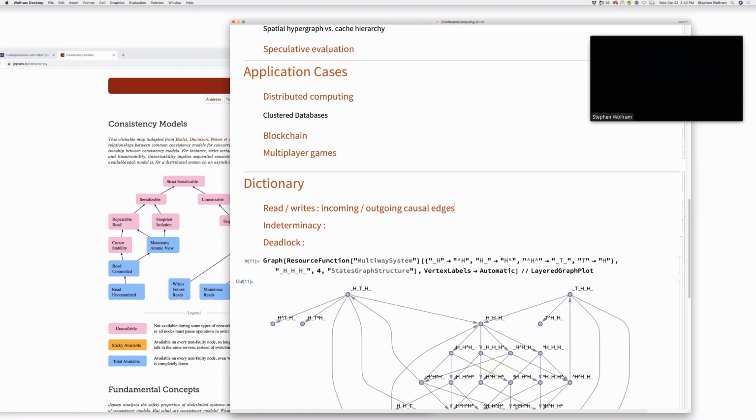Interestingly, we have the correspondence between causal edge density and energy, which one wonders slightly about in this respect. Don't know what that corresponds to. But again, going on with this dictionary,